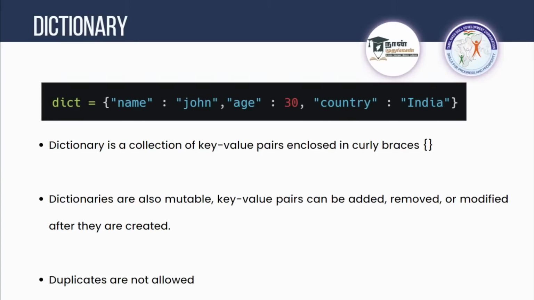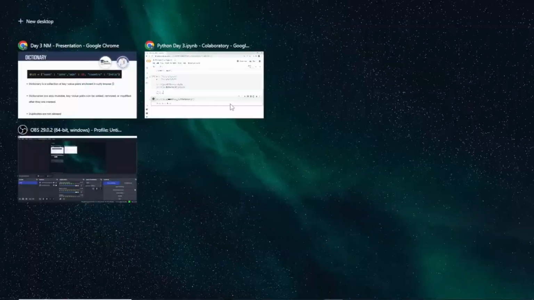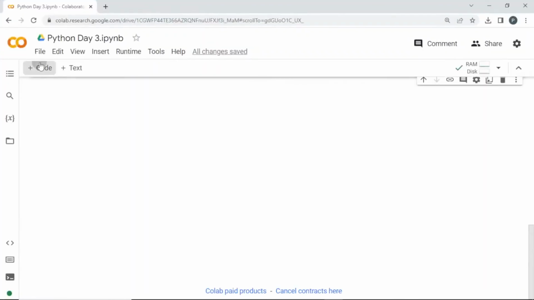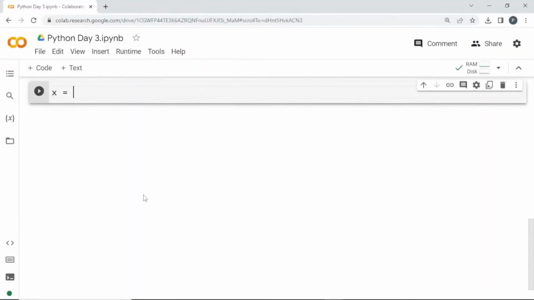So first let me create a sample dictionary. Okay, let me create a dictionary. I have to create a key, and the value I'll store as John. Okay, I'll store comma,